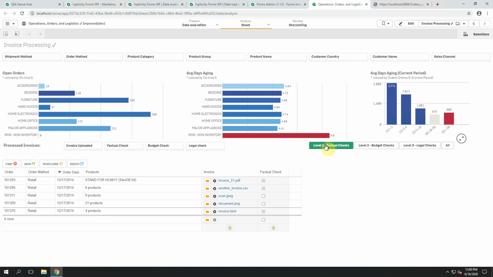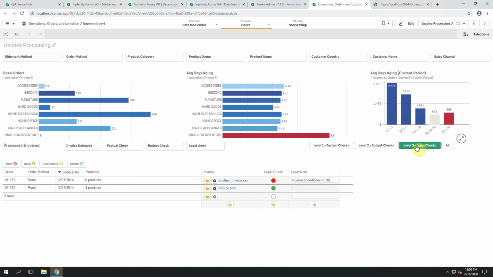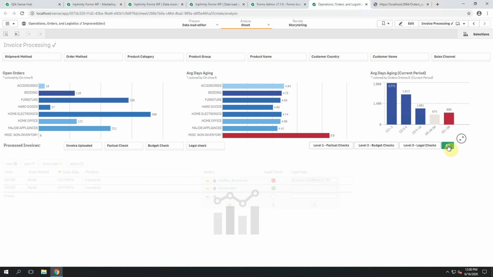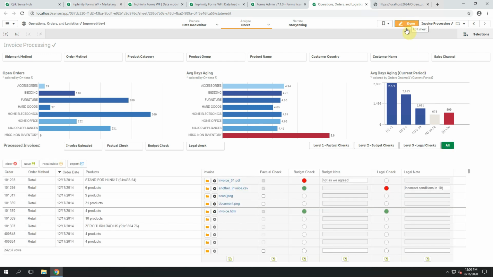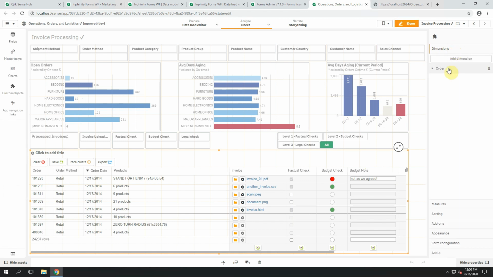Here on level 1, factual checks, I can see only those orders that have invoices that are or were in this step of the workflow. The same for the second level, the same for the third level. And how is it done? Again, thanks to expression,